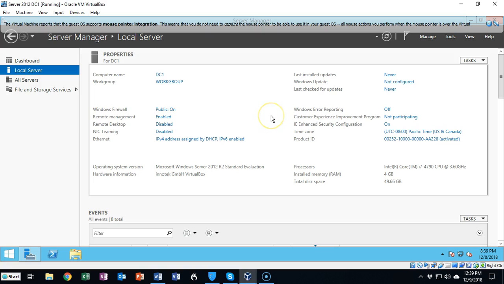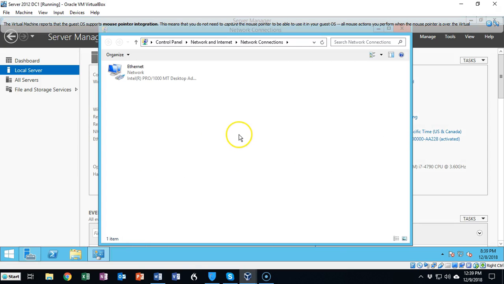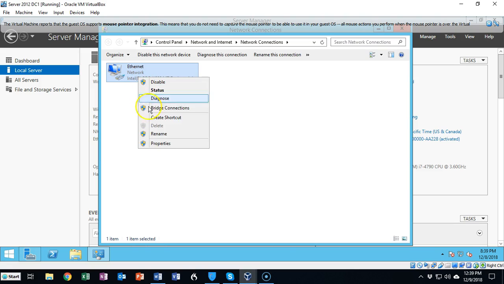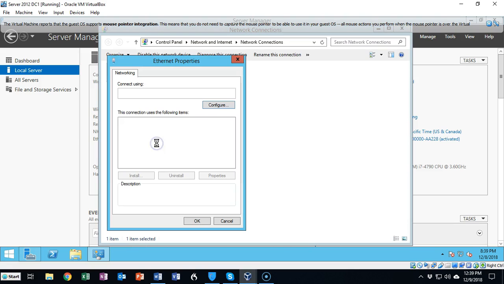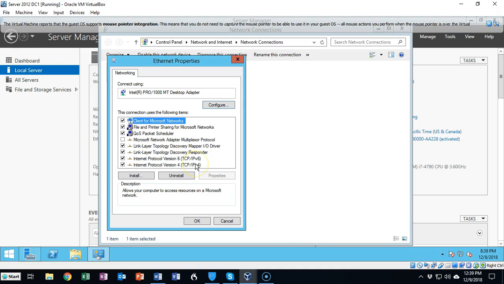Now, there are a number of ways for me to access the networking adapter and get into the IP4 properties to assign a static IP, but this is one of the easiest. So I'm just going to again go inside of the properties for my local server. I'm just going to click it once, and that brings up my network properties, and I'm going to right click on the network adapter that I have present, go to properties, scroll on down here to TCP IP4, just double click it,